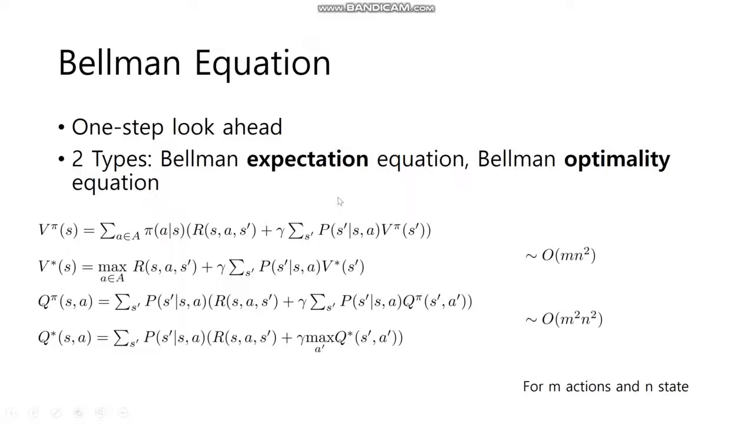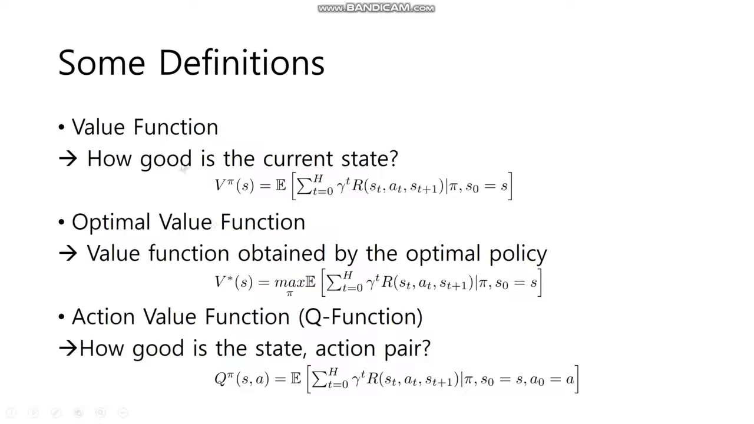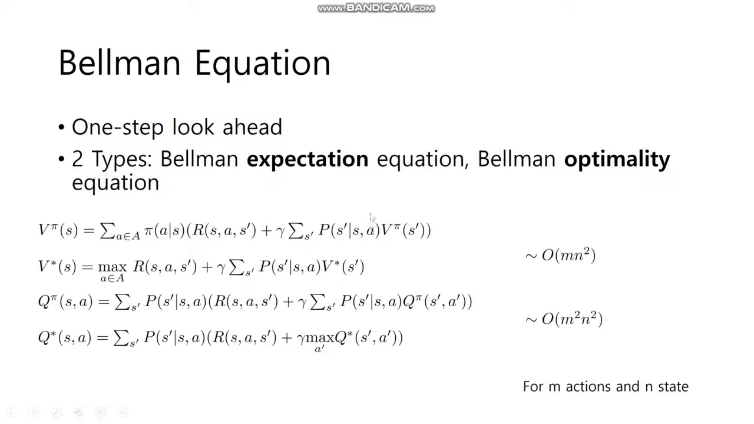Let me explain the Bellman equation. The quantities I just explained, the value function, optimal value function, and Q function, have a beautiful correlation which is described by the Bellman equation. There are 2 types of Bellman equation: the Bellman expectation equation and the Bellman optimality equation. The Bellman expectation equation looks like this. For the value function, given state S,